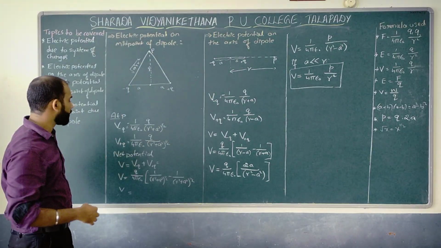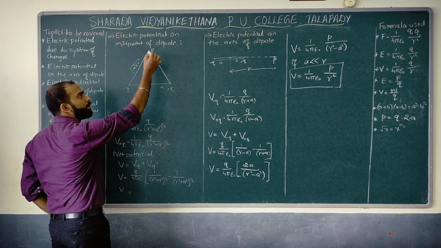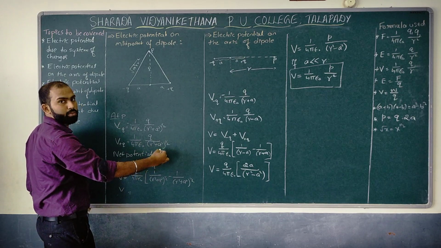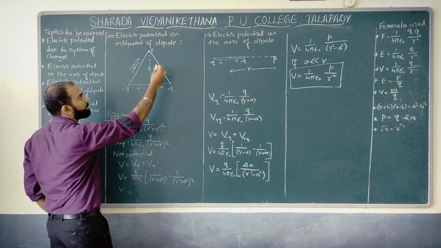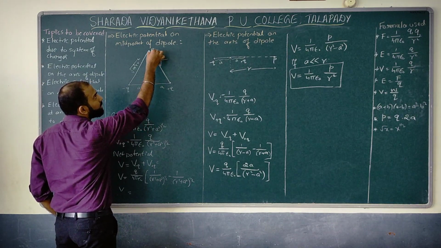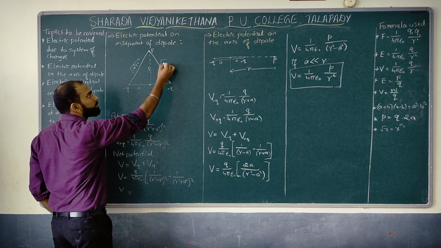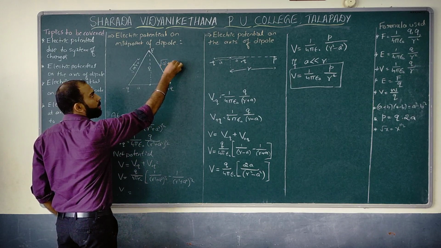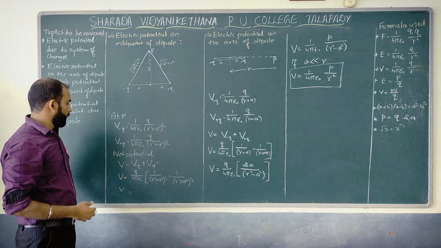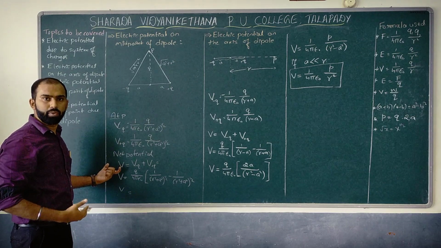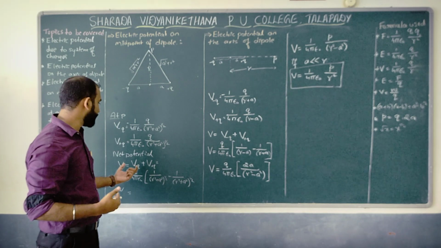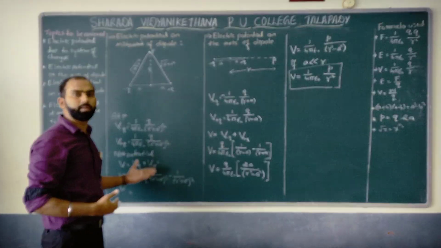Similarly, your job is to find the potential at point P due to the plus Q charge. Substitute the square root of r square plus A square over here. Can I get the similar relation on both sides, as the distance between point P and plus Q is the square root of A square plus r square, because we have two right angle triangles? That's it. So how do we get the net potential, based on our previous discussion? Add these two potentials and get the result.